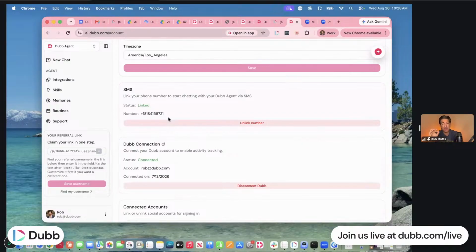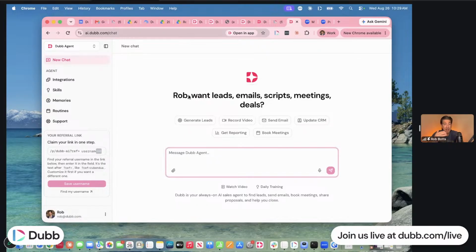And then Dubb Agent is going to send you an SMS message. The cool thing about SMSing with Dubb Agent is that you can talk to it like you talk to a friend if you're using voice or if you're just texting. Tell it to do what you want to do, and you have all that capability right there where you already live inside of Dubb Agent. I would just save Dubb Agent into your phone as a contact and then have it available, and you can SMS right back and forth with it, which is great.